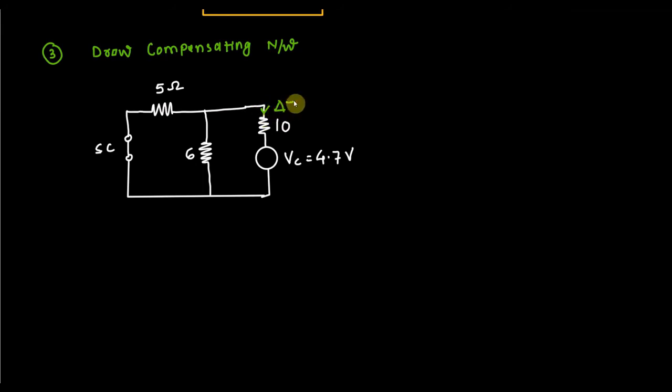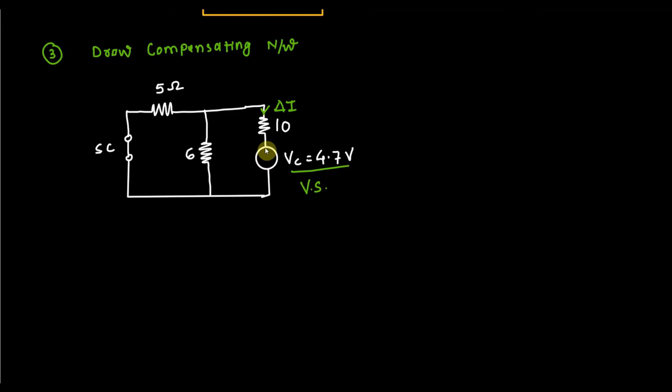Okay. So now what is our aim? Our aim is to determine this current. Which current? Delta I. Fine. Now you can see that here I have marked this VC. VC is the what? Voltage source. And we know that voltage source has polarity. So what is polarity?